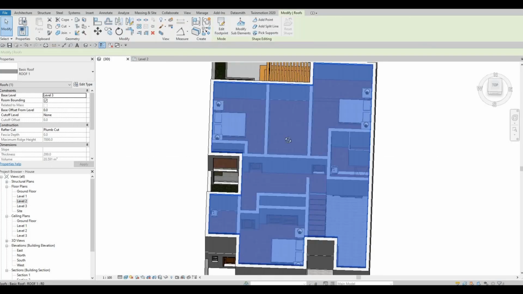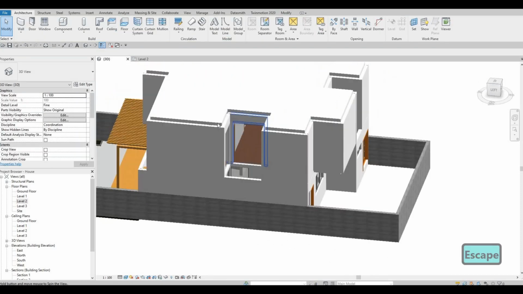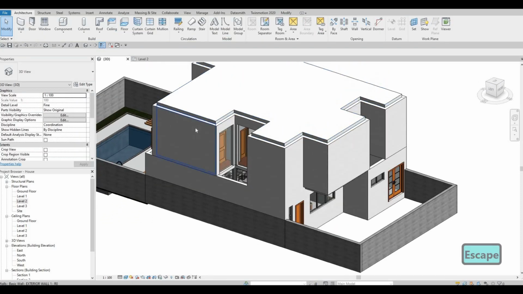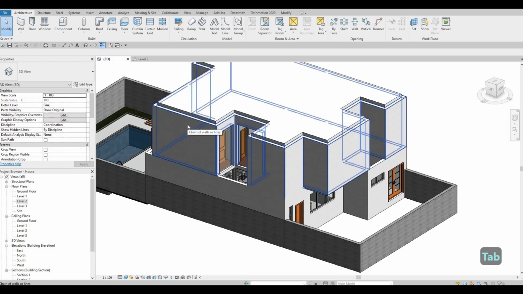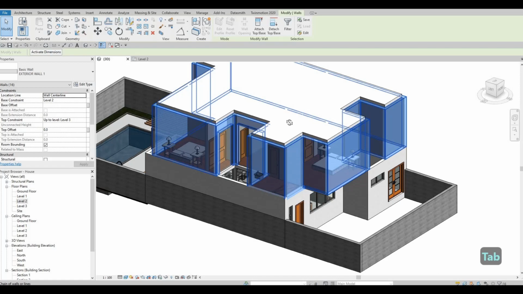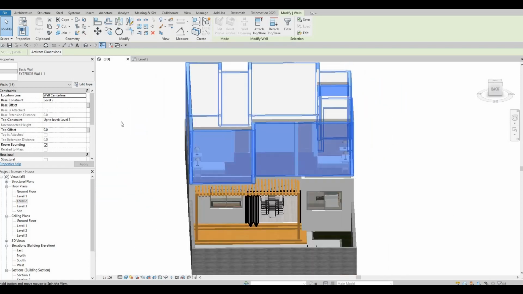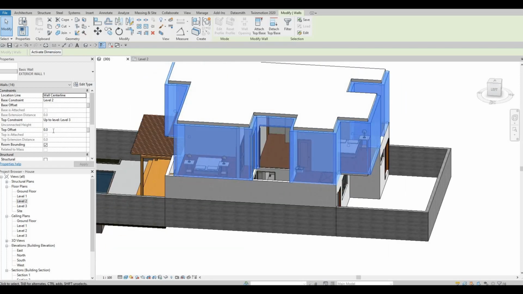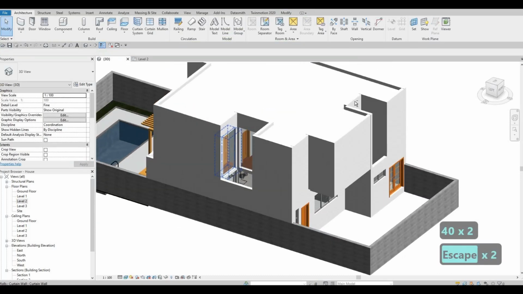If you see it, it will be placed on the top, and then here you just need to not select anything, but just move your cursor on one of the exterior walls, click on tab, and then select. And then now it's selecting all exterior walls, and what you need to do is create a top offset of 400. So that's how we create the parapet,